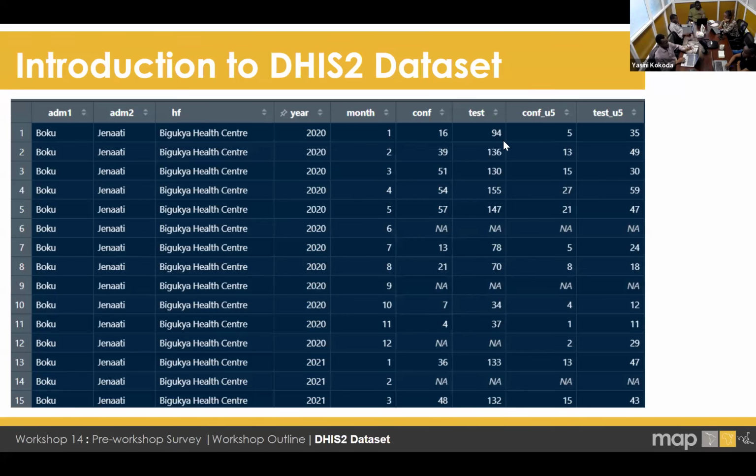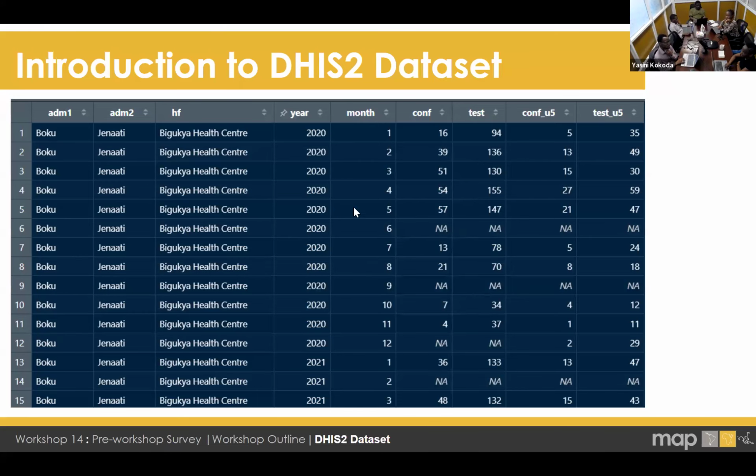You could be a suspected case for malaria, and to confirm that, they will send you to the lab for being tested. So throughout these processes, they are collecting information at each step, and this information comes out as the indicators we see in this data frame. Confirmed, tested, and also they break down by age.